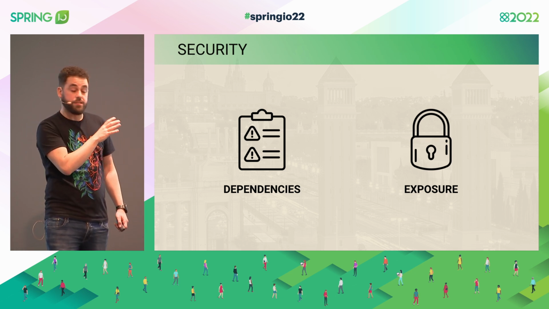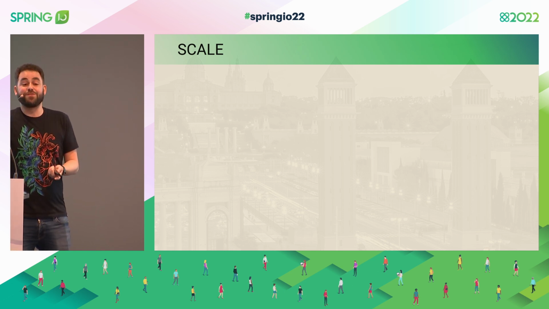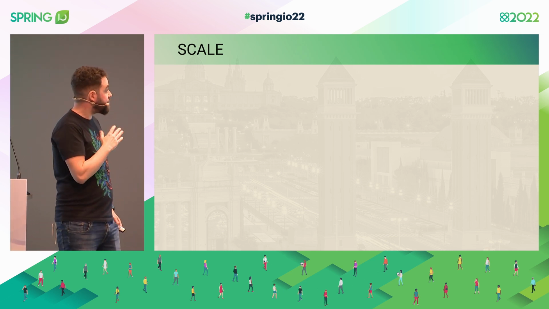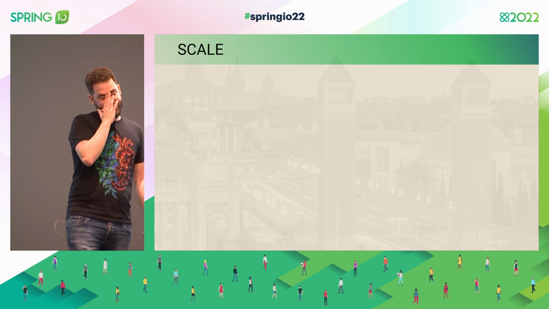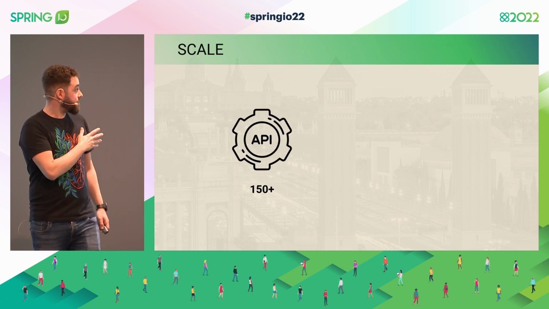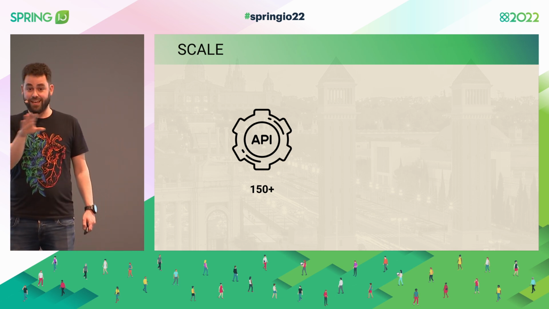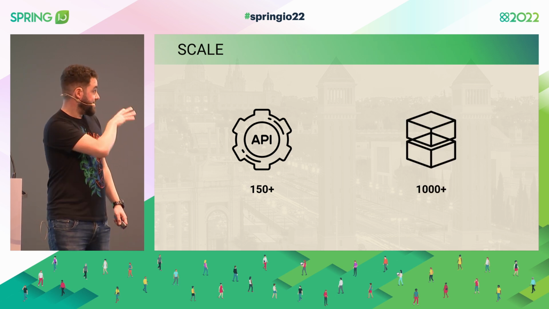So we have to control this. And all of this, and this is the key part, has to be done at scale. At Travix in particular, we are 2 Java teams, 5 people each. And we maintain 150 microservices plus. So actually, it's closer to 200, again, 10 people. And these are just microservices.